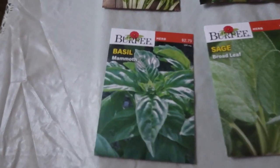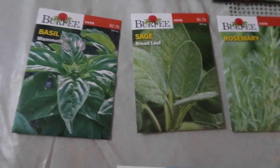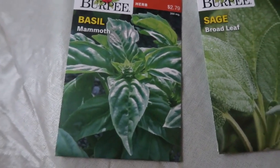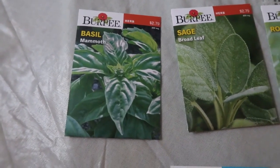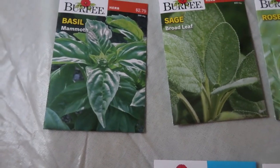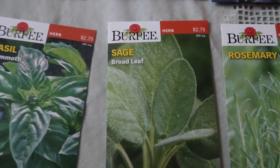And then for the herbs, we want to create an herb garden for cooking as well as for teas. So this is basil mammoth, and I do like to add basil to some of my teas. Like I put basil in it with mint, and it seems to just taste really good, at least to me. So this is basil mammoth. This is sage broadleaf,